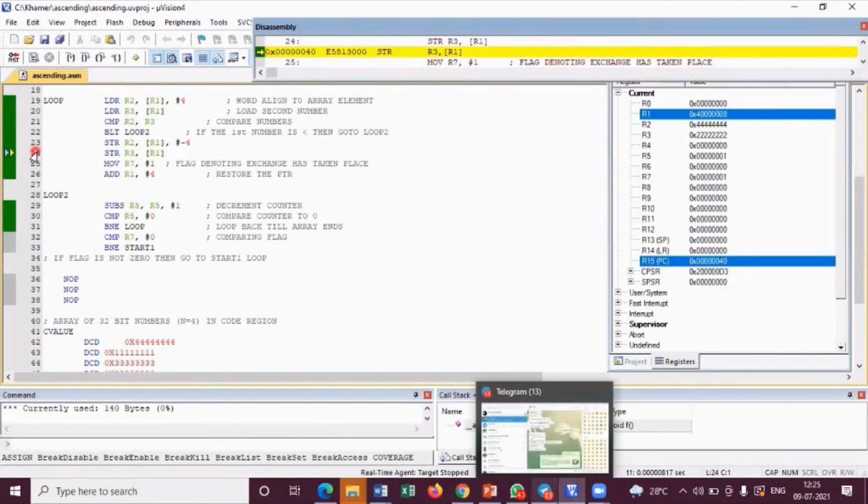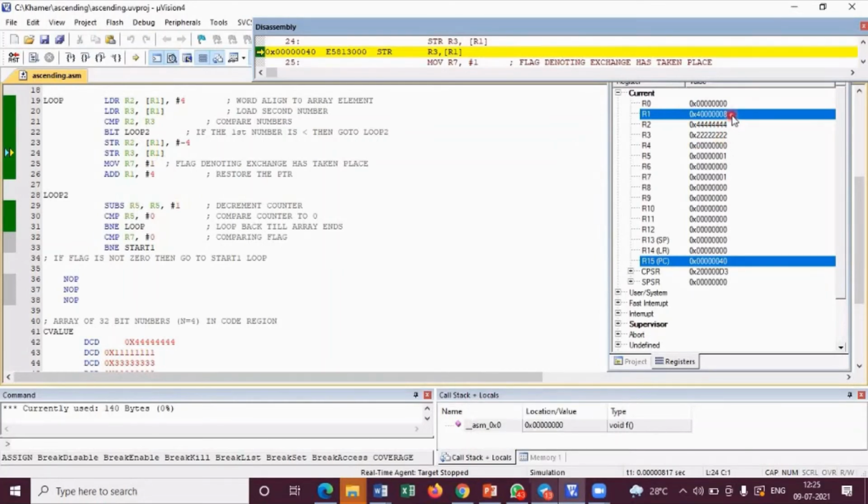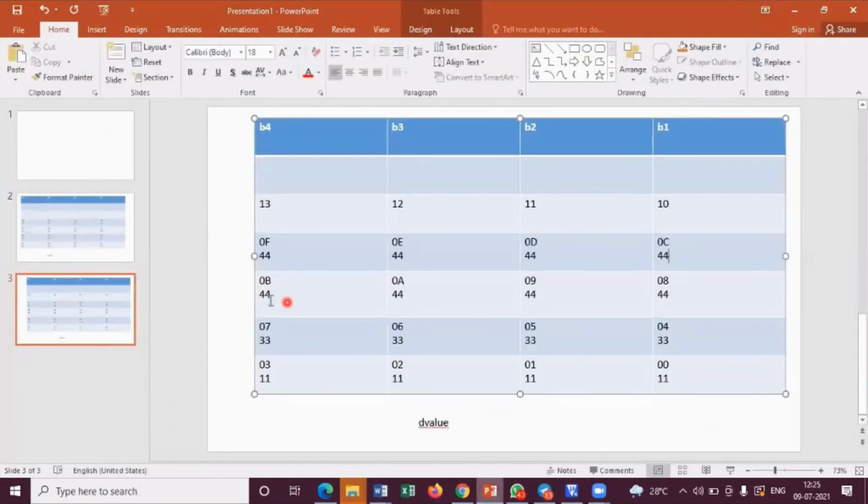Now, what is this instruction? Left hand side, please see. Whatever is there in R3, please move it to the address pointed to by R1. What is R1 pointing to? 08. Whatever is there in R3, which is 2, will go to 08.